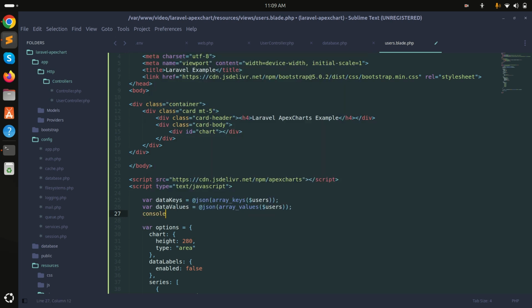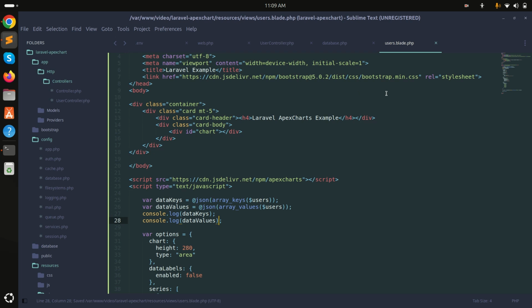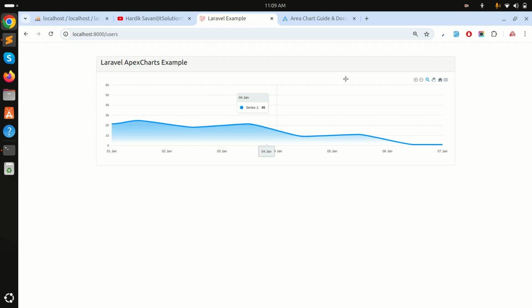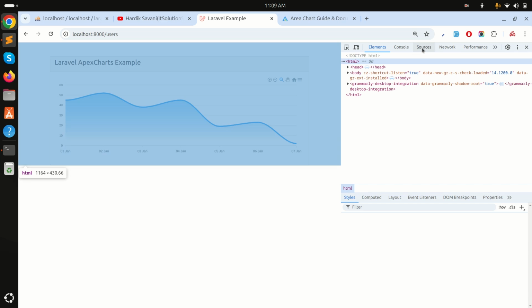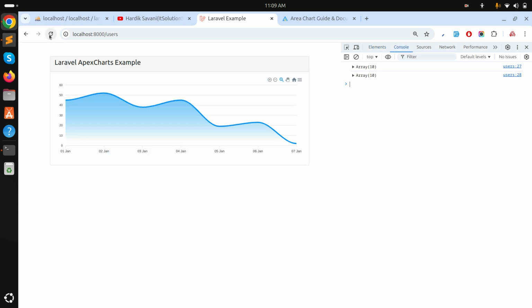Okay, console.log, and I will say data keys, and then I will say data values. Okay, save it. Okay, and now let me go and refresh it. Okay, I will go to the inspect element. If I go to the console, you can see that I am already getting January, February. So what we need to do here, you can see that January 1 2 3,